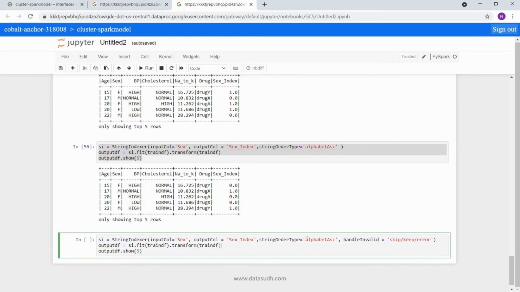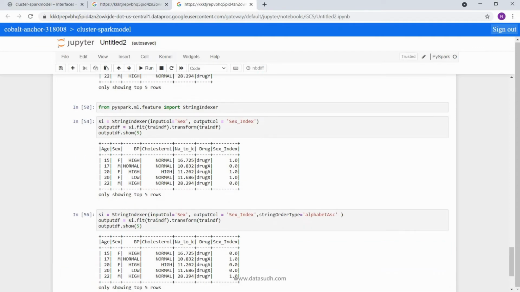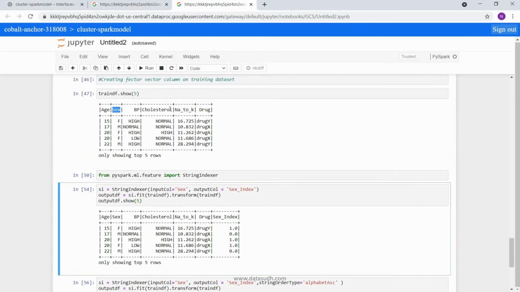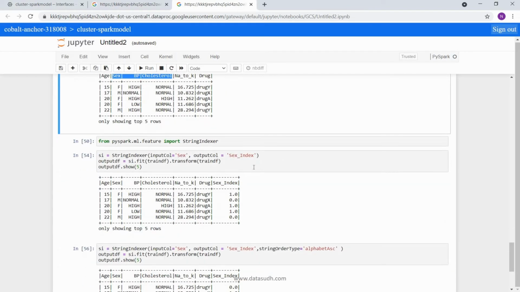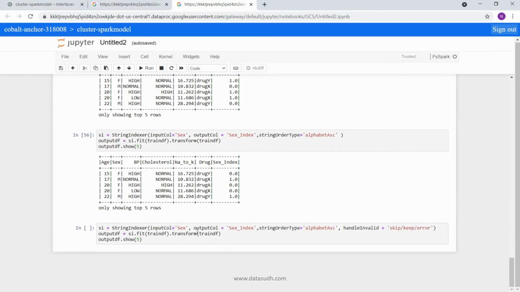In case you need to use these before converting your index values, then you can use this. For our use case, we are going to go with the default, where we simply provide the input columns and output columns. Now we are going to convert all three columns to label indices in our data, so we don't need to do it one by one or specify the train data frame again and again.